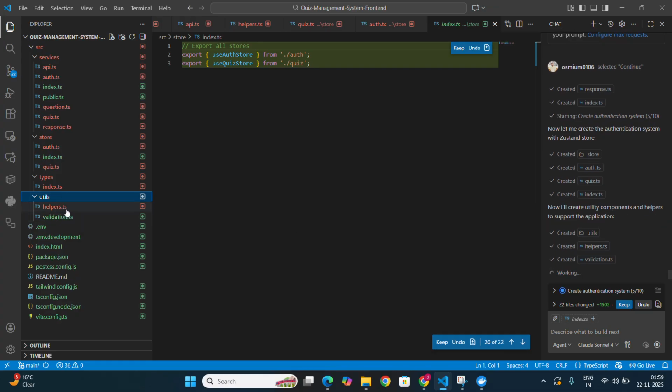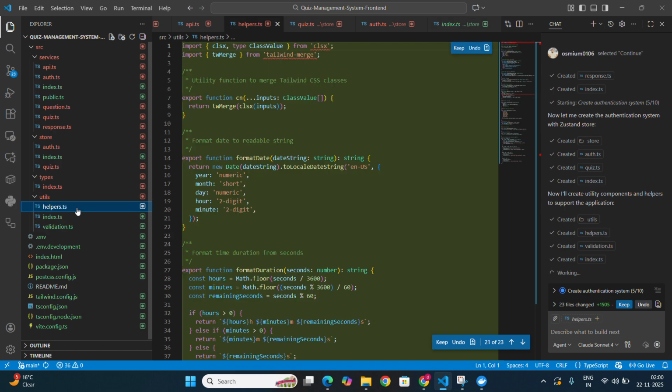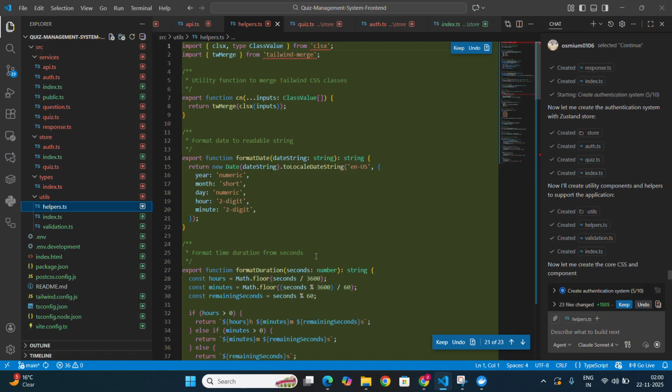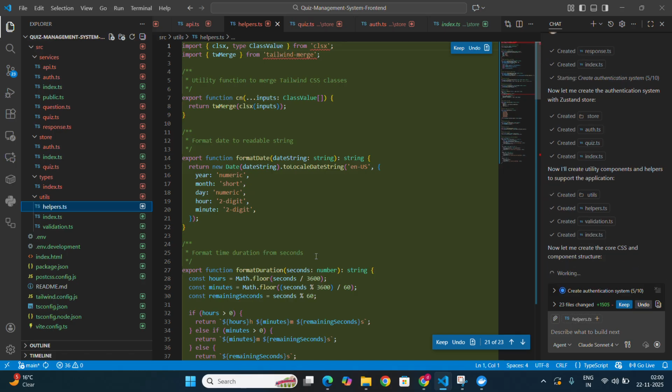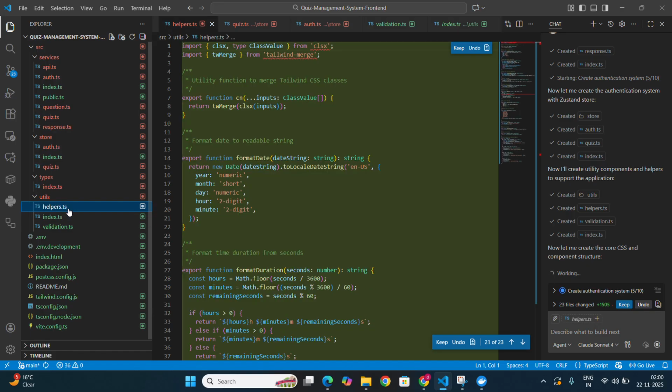Whenever we are using JavaScript or React, we use helpers. We are not going to write a lot of things in our main ts files. We will be using helpers. Suppose if you are using a quiz.ts, then we will have a quizHelper.ts file. Then we have some validation files. We will have the index file where these two things are exported. So it is actually building different